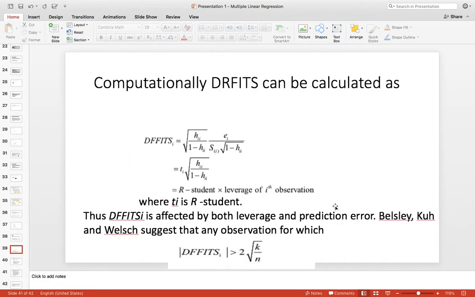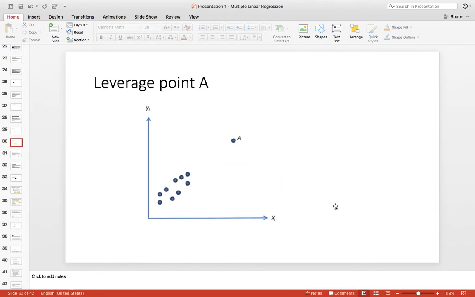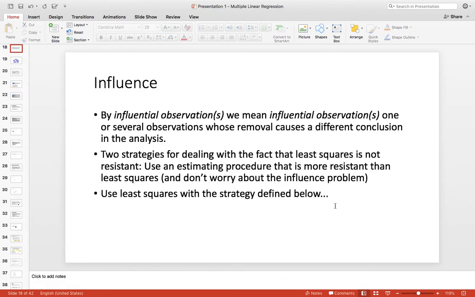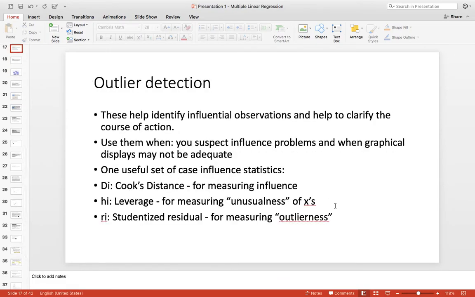So before that, let us go back and just see what are the measures we used earlier. How do we use this? Outlier detection helps to identify influential observations and helps to clarify the course of action. Use them when you suspect inference problems and when graphical display may not be adequate.